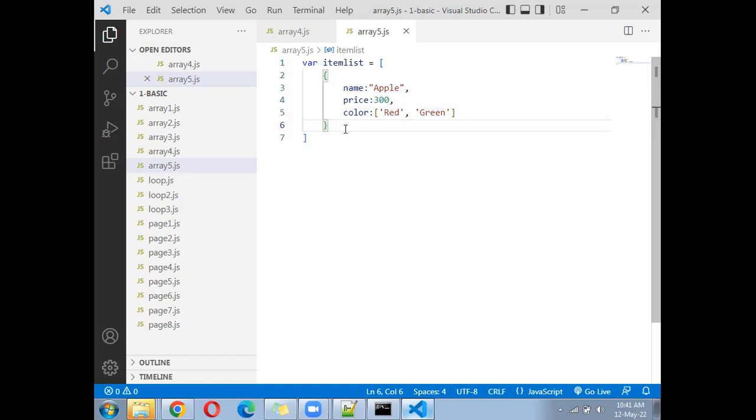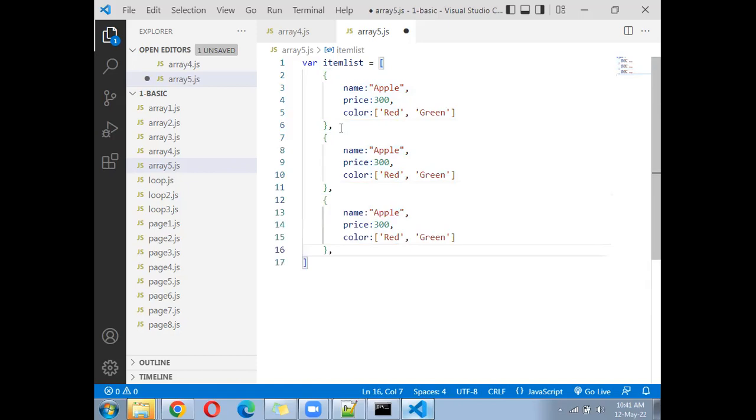Okay, ready? Come down. Copy the same item, paste again below. Keep here product name as t-shirt, T-S-H-I-R-T. Price is 900. Color is available in white color, and available in blue color, and available in